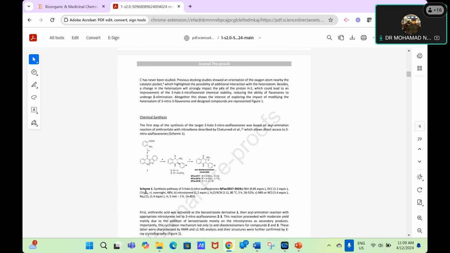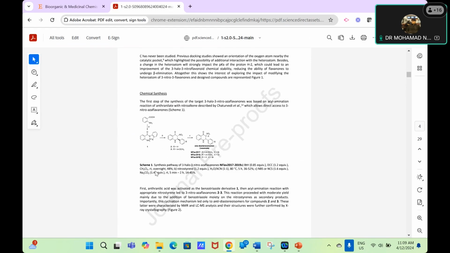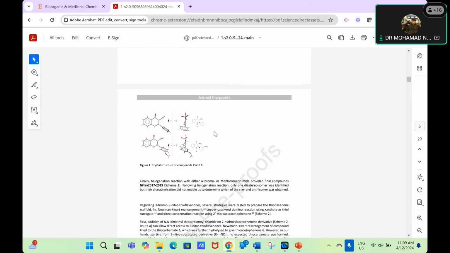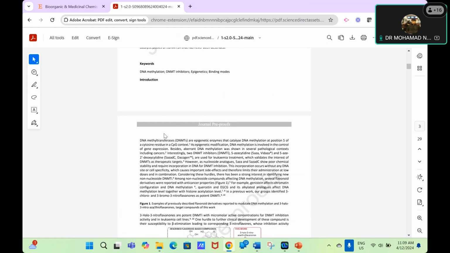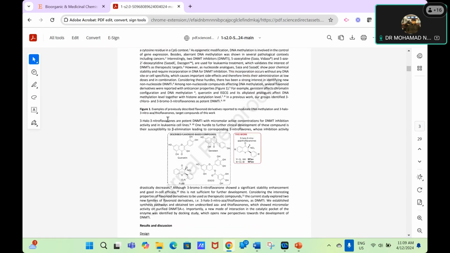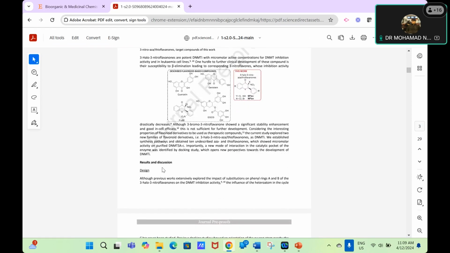You see, Scheme 1 here, the caption for Scheme 1 is here, and they have Scheme 1 clearly stated here. So you can follow the style of how they do it. This is very important in the pre-proof version. And again, you can see that some publications start with the introduction, and after the introduction, they start with results and discussion. In some publications, they start with the methodology. It depends on the style of the journal.